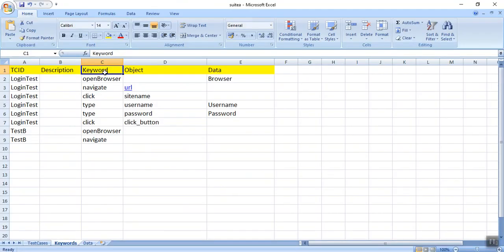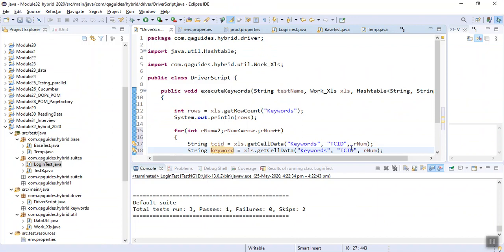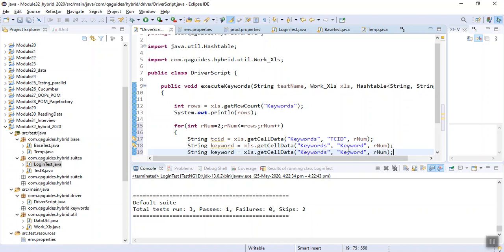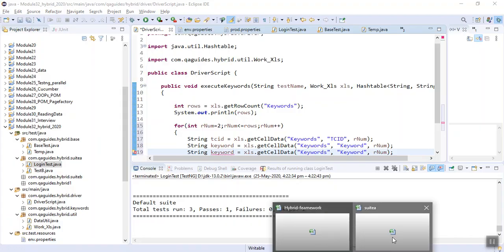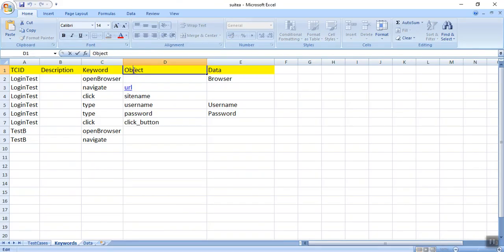Fine, go here, copy this keyword, paste it here. Now again copy it. Now I need object key.